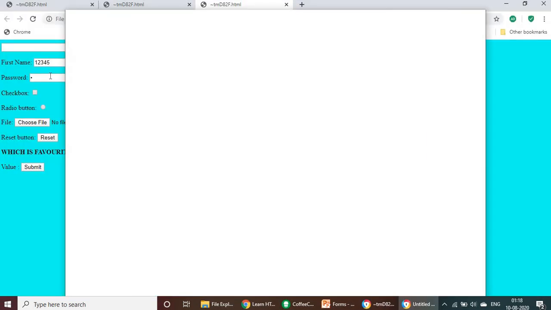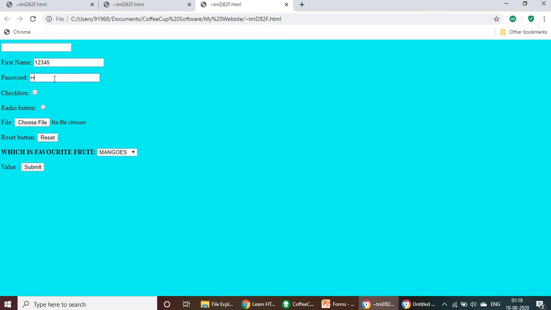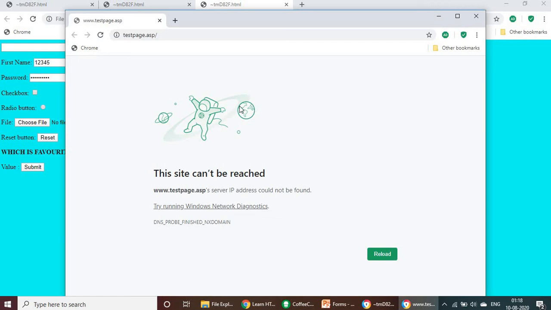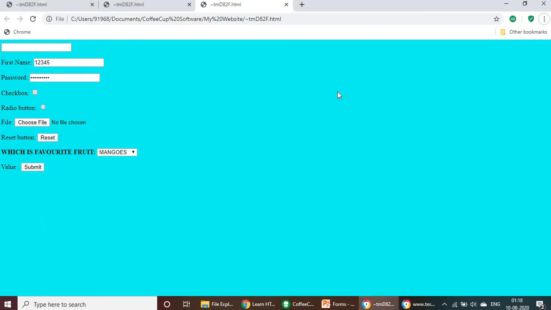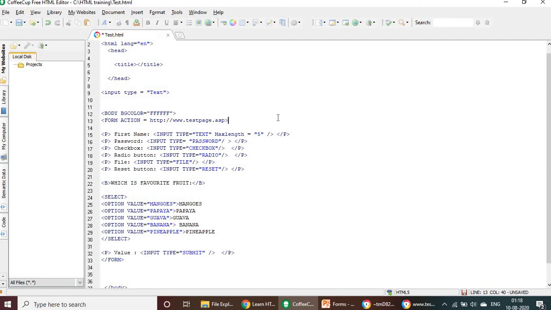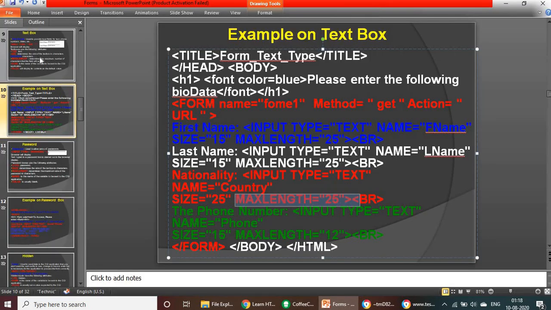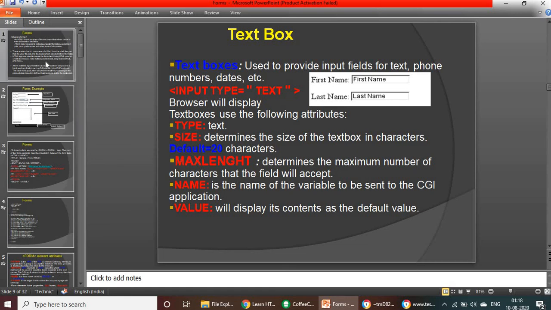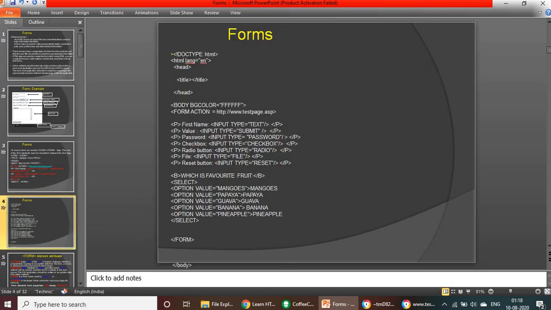In the password also you can give a limit like 5 characters or 10 characters. Also you can check whether the password matches the previous password or not. Like that, in the form you can change the values or check the values. I'll paste this in the PowerPoint. Just copy this and run it from your end so you can see the result.